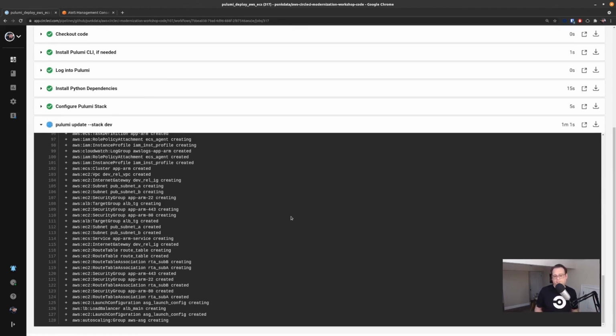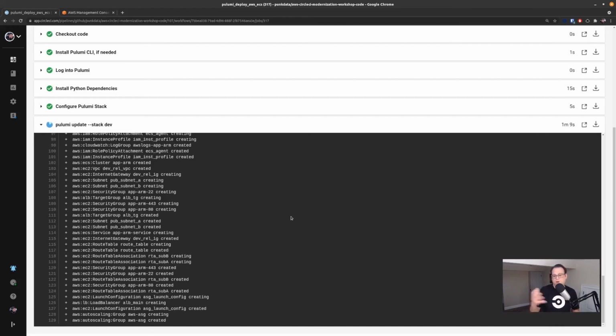In this example, I'm using Python, and what I'm creating here is an AWS Elastic Container Service powered by AWS Graviton 2 ARM compute nodes. And then I'm also creating things like security groups, VPCs, all from scratch, right? So the idea here is to build a pipeline that will test my application in the environments that I'm targeting for deployment. In this case, it's an ECS cluster powered by ARM compute nodes.